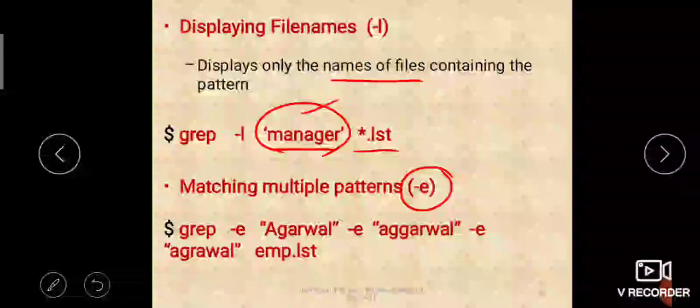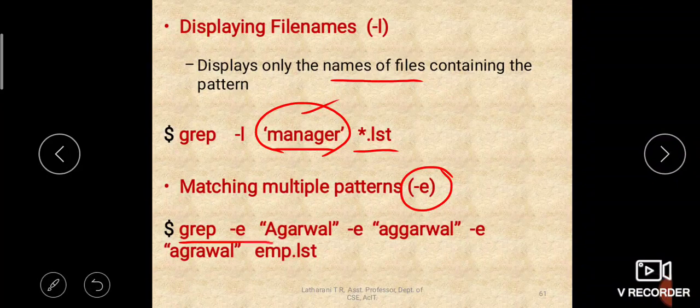See, multiple patterns you can match like this: grep -e Agarwal, -e Agrawal. For every pattern you have to specify -e when you are matching multiple patterns. Okay, so you can see here Agarwal with capital A, here Agarwal with double G, here Agrawal. So these are only different spellings of Agarwal.